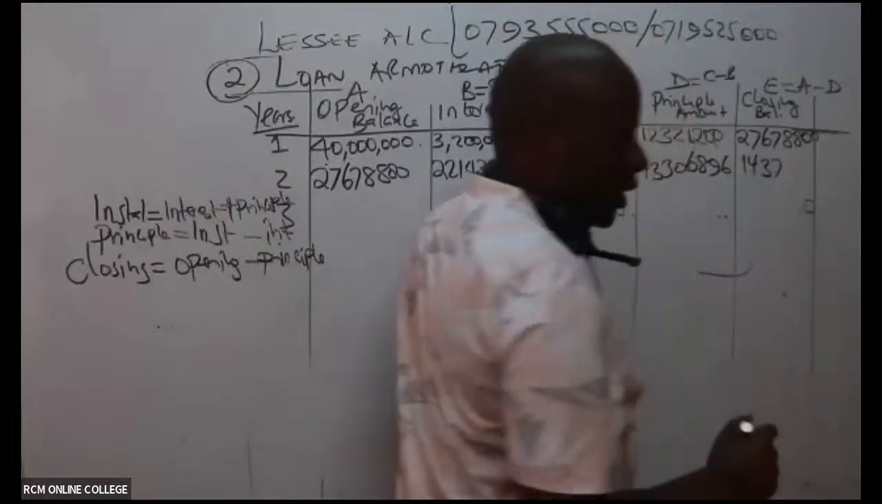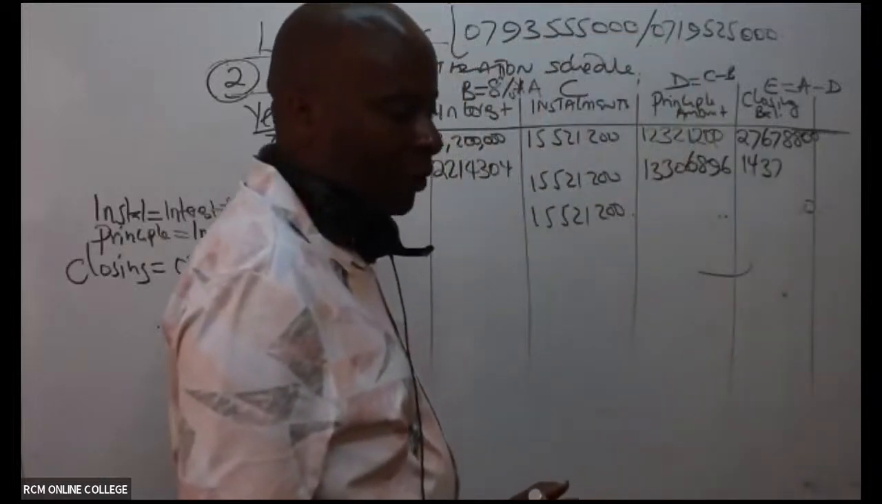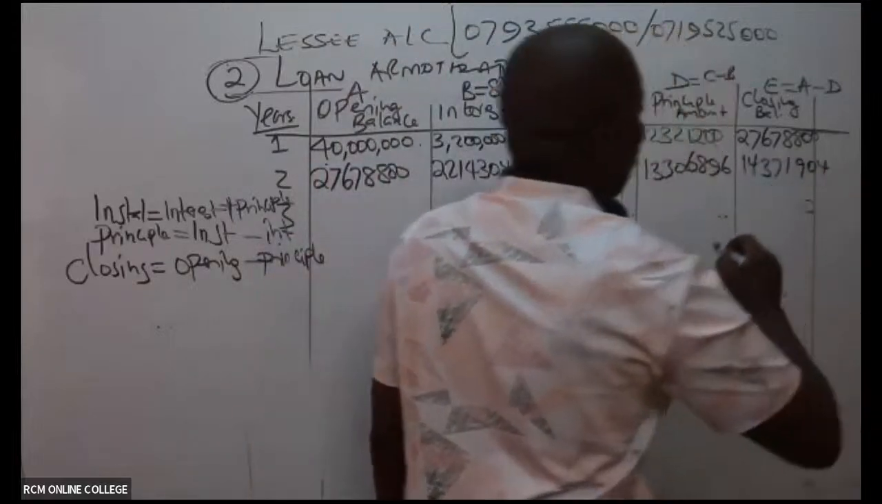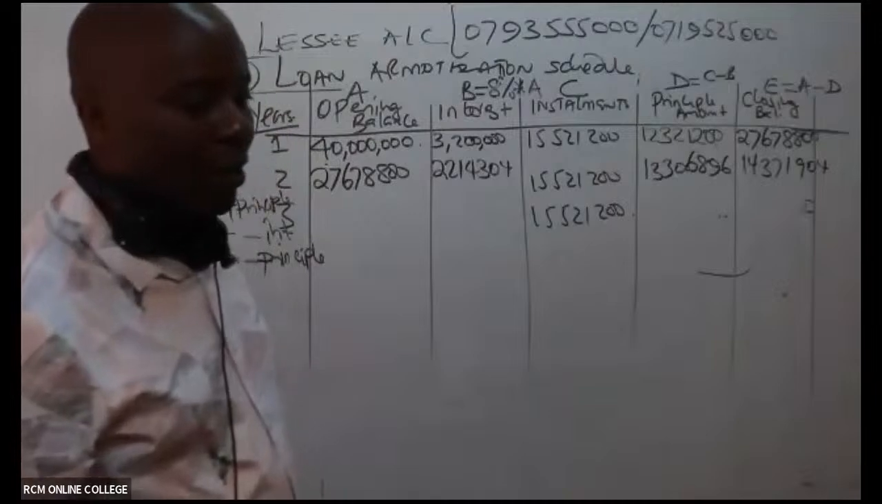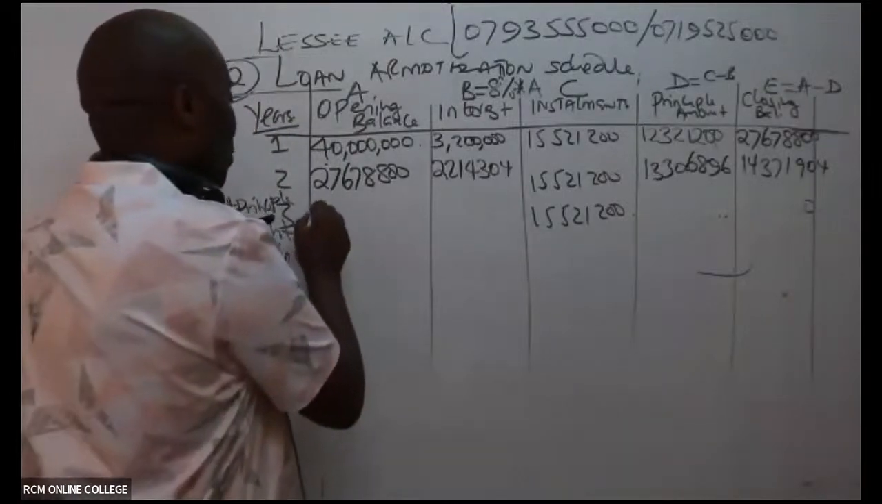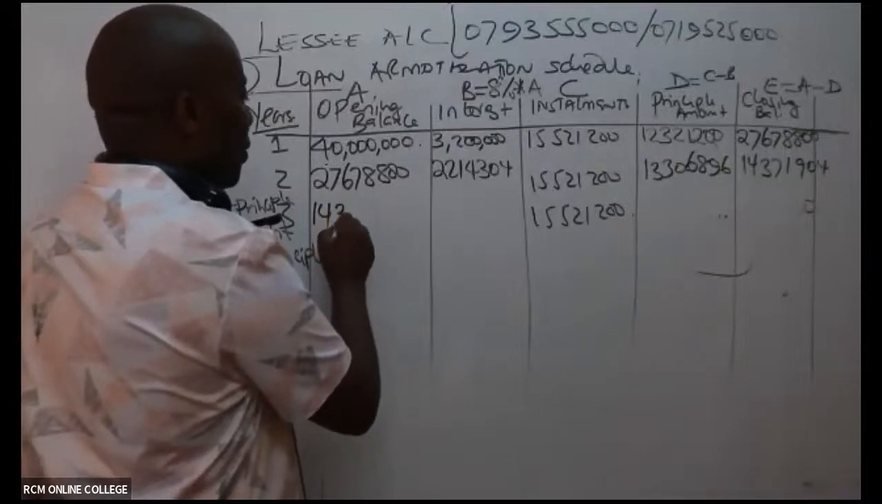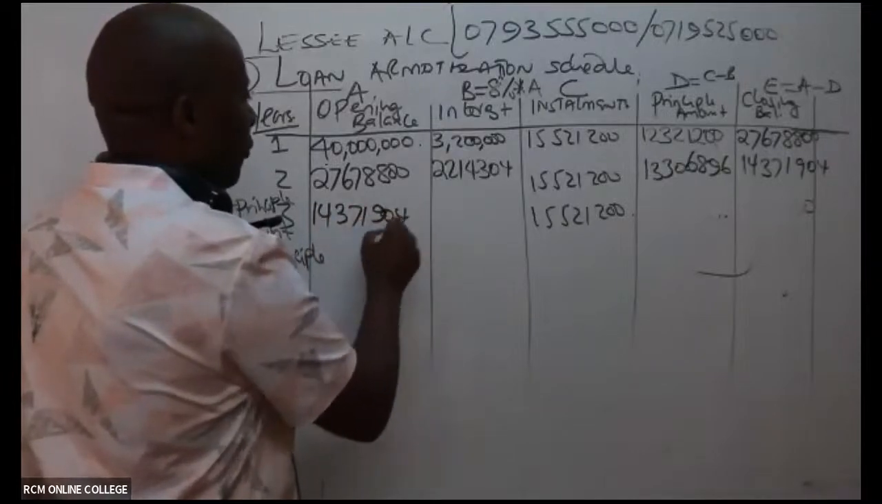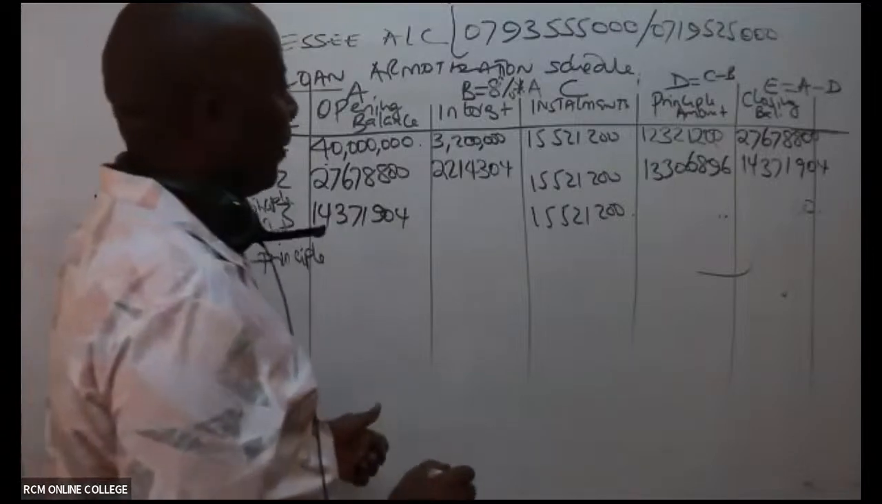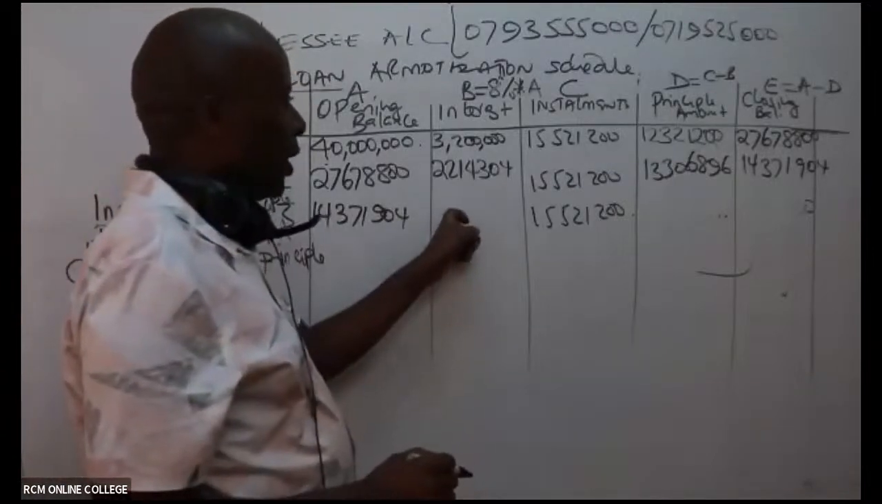1437, 14371 actually. 904. So this is what I bring, and we are almost through. So 14371, 904, and then, ladies and gentlemen, I will be able to compute interest here, which is